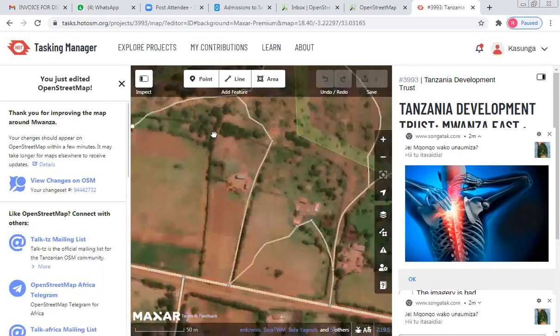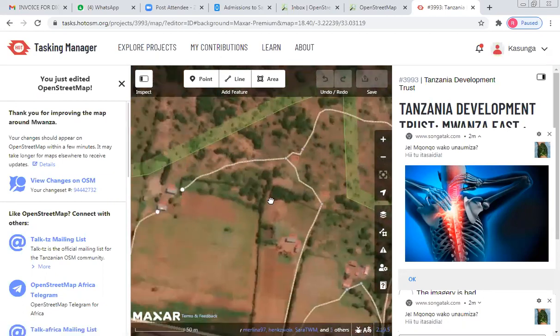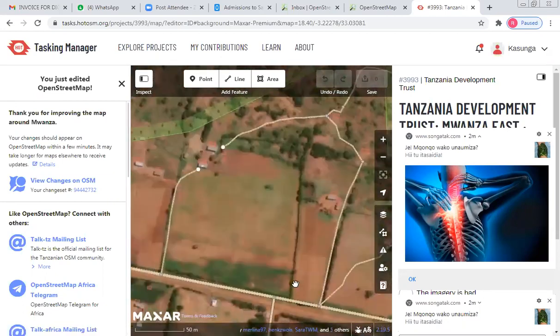Is there a road here? I see like there is a road. Yes, but it's a path. It's not a road. There is an area here. This is an open place. I think the road is coming from this direction to this direction. So if I want to map a road, maybe an example of this one,